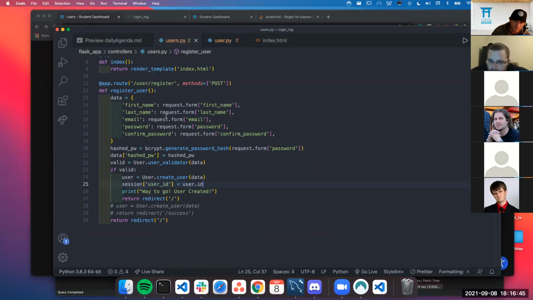And then on other routes, I can say if user_id is not in session, meaning that there is nobody there, then I want to make sure that they can't go to any part of my website. They have to register. Cool. Okay. So now for the last piece,